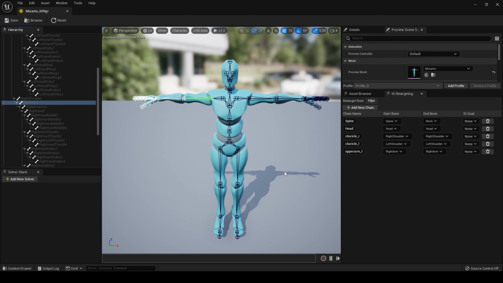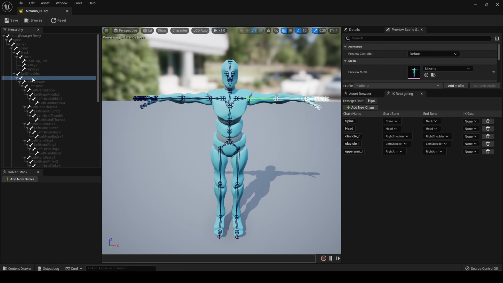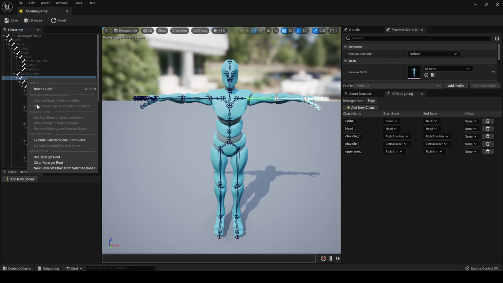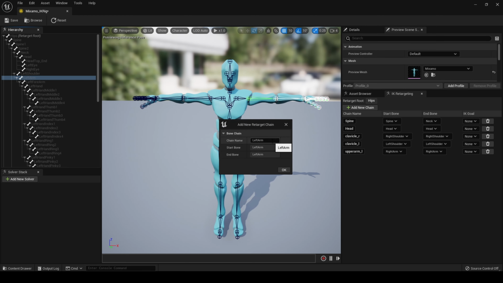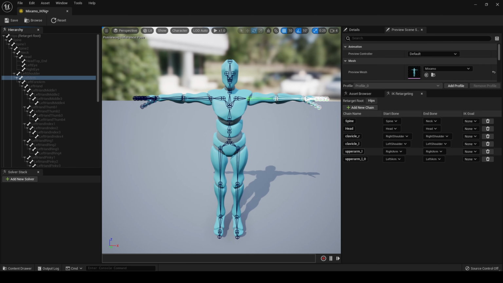So anyway, let's create an upper arm and do the same for the other side. So here is left arm again, new retarget chain, and we will rename that to upper arm L. I've made a mistake here. I've named that L instead of R, so we can just change the name here, and there we go. So now we have a spine, a head, a clavicle R, a clavicle L, upper arm R,